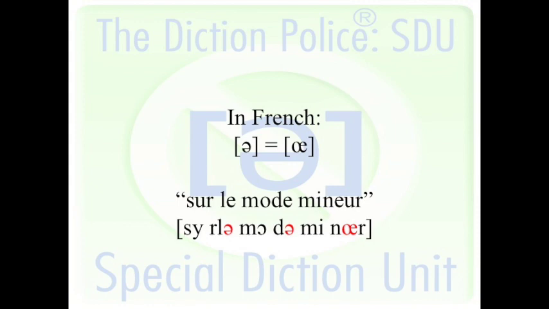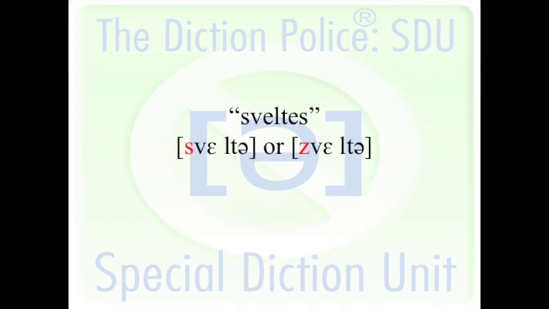So that's all that we have of the letter U, but we do have a few special diction points in this text. One of the craziest ones is in the last line with the word for svelte. That I would say in English as svelte. I've looked this up in four dictionaries, and I've found two different answers. When you look this word up, you can either find svelte with an S, unvoiced, or svelte with a Z phonetically. So they're essentially both correct.